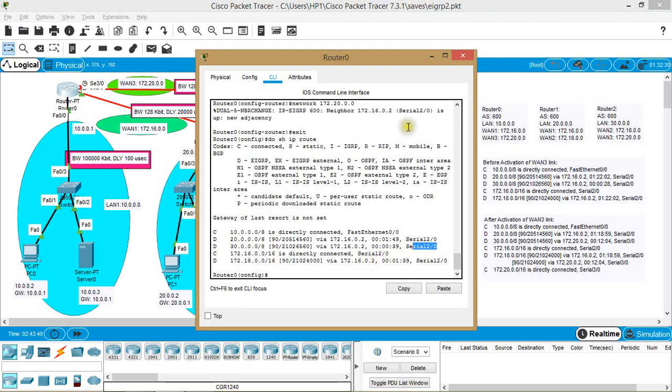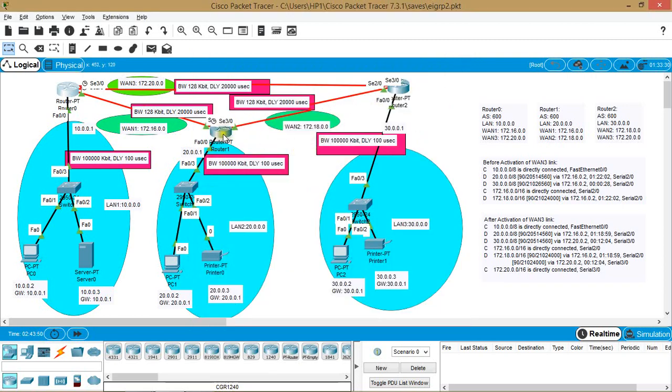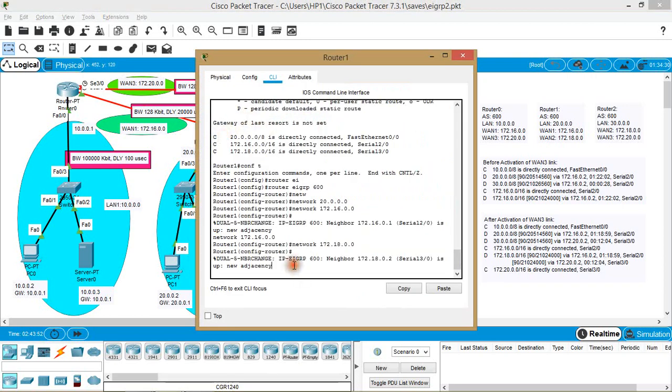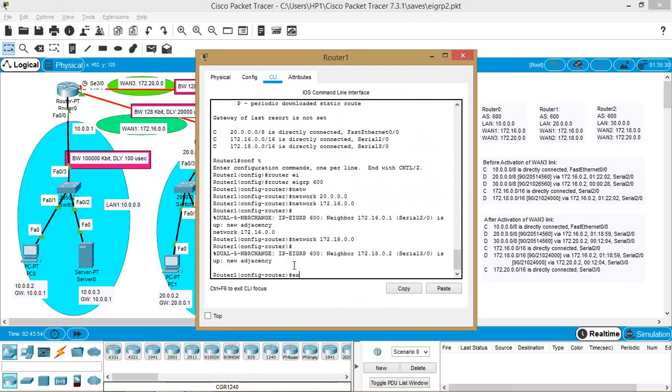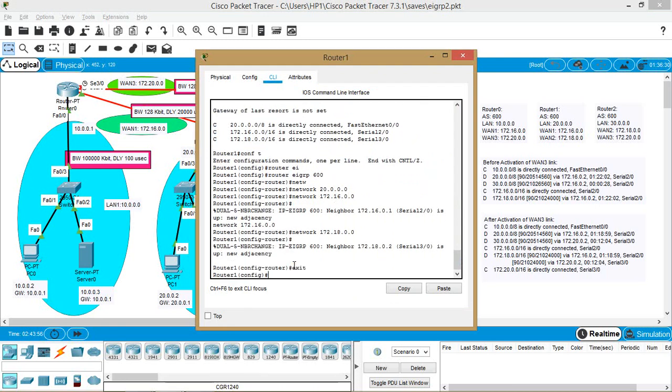Now similarly, we can check the updated routing table on router 1 and router 2. On router 1, we'll first of all exit from router configuration mode, and in config mode we can use the command do show ip route to check the updated routing tables.